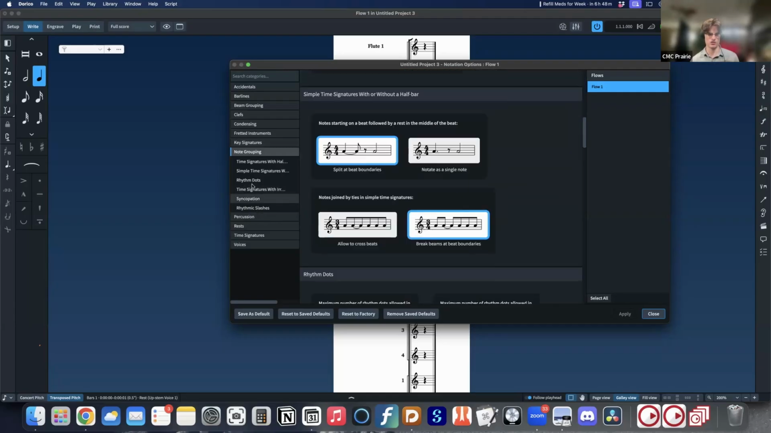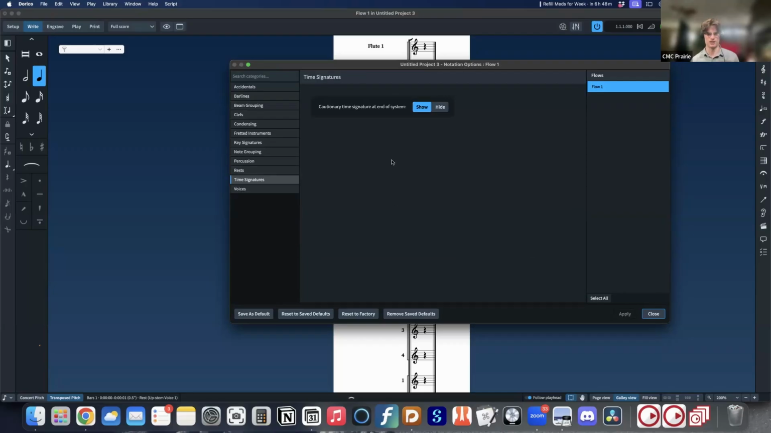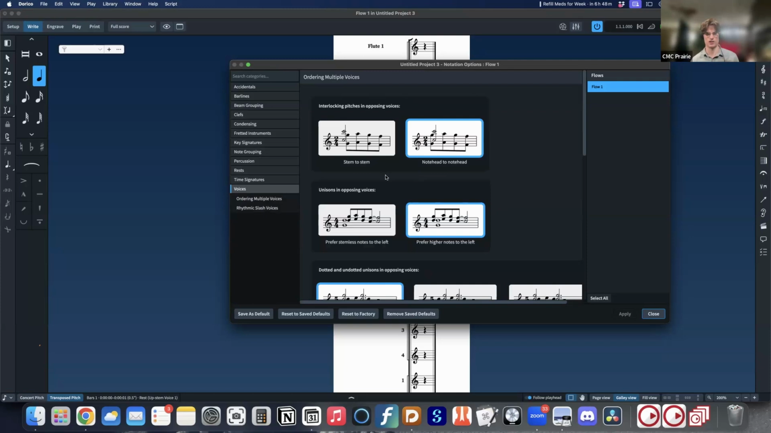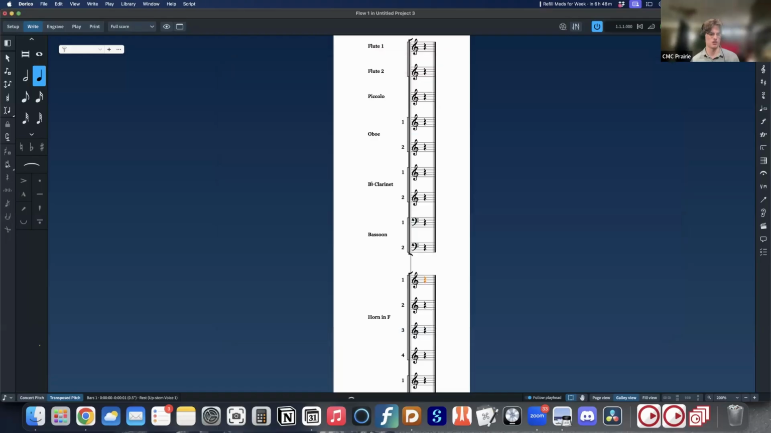Things like how you want your percussion to look, how you want your rests, time signatures, and how you want things with multiple voices to be displayed. Which I forgot to mention. So all this stuff down here,